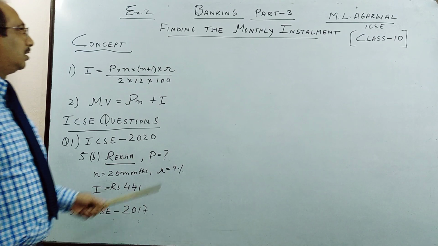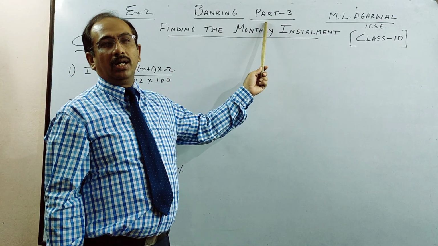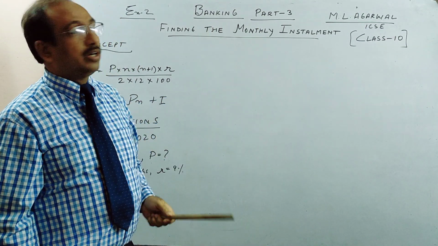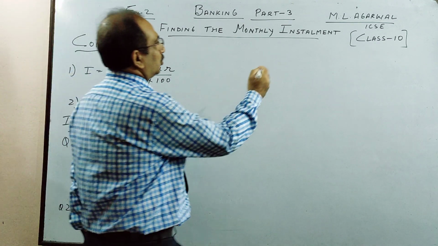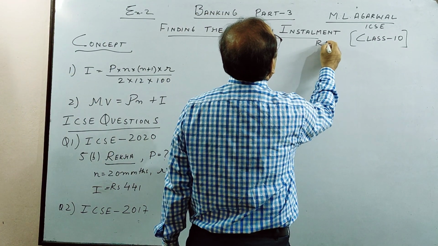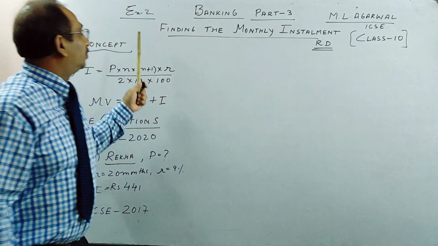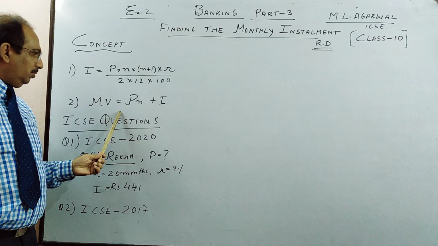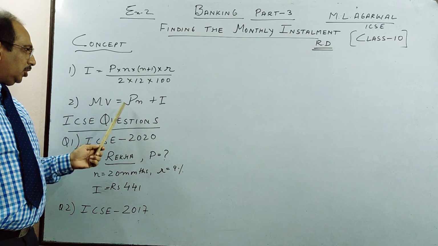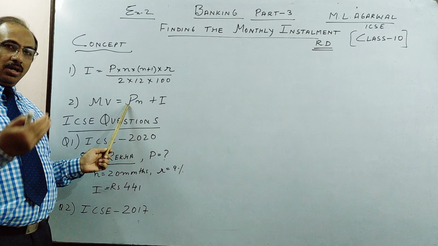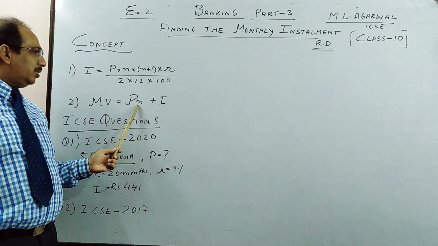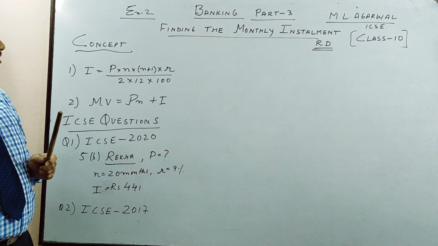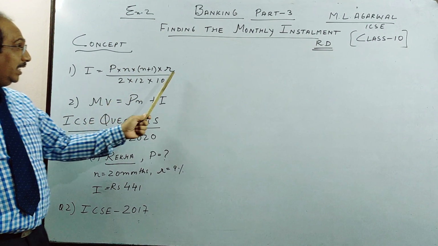So hello students, we are into the third part of our series in banking, especially what we call recurring deposit, RD. The first two video lessons you have seen were on finding maturity value, which is your money, principal, the monthly installment you deposit times the number of months, plus interest paid by the bank. And the second lesson was on finding the rate.